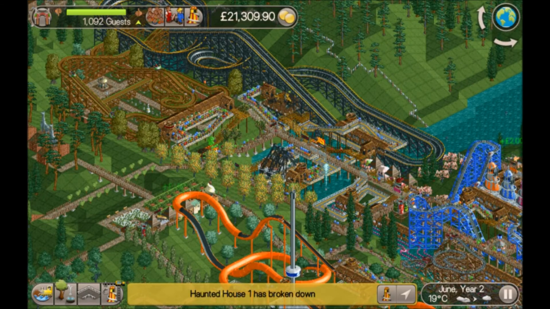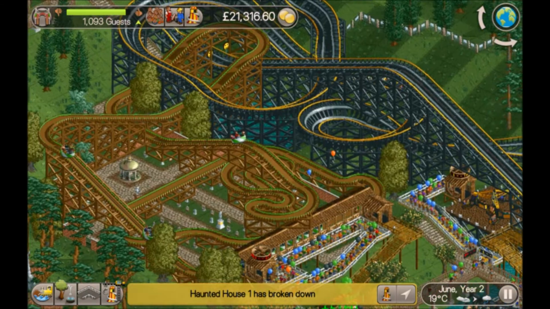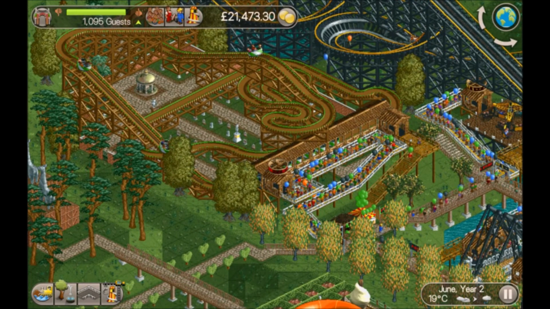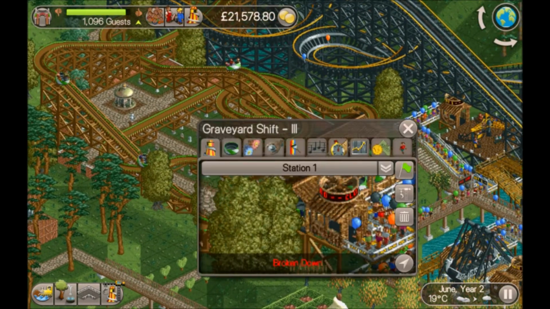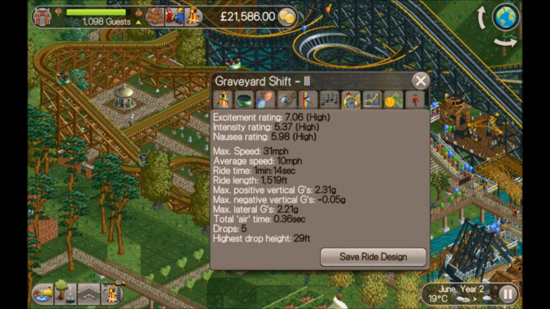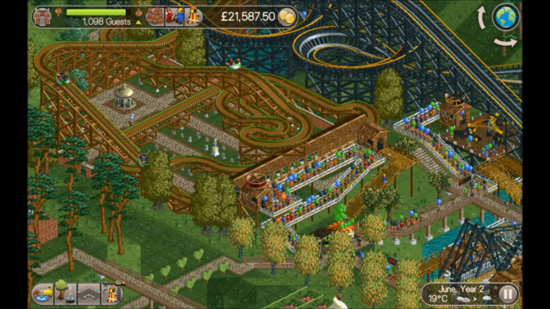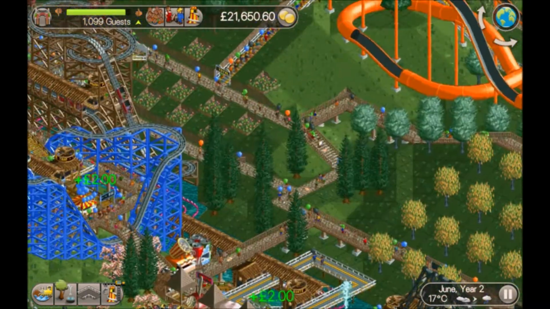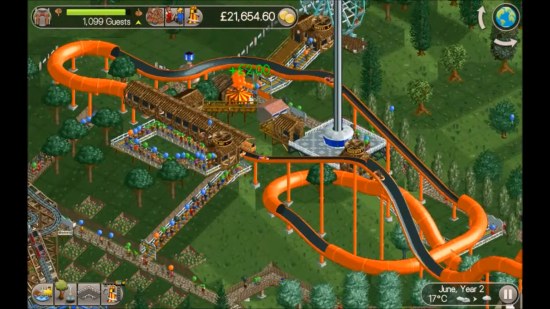It is June year 2, so we've got a Virginia reel just down here. Is that like a nice little graveyard just over here? Broken down. Oh, there you go. It's good timing. Good excitement though. So this is the one that goes over the graveyard. So it's called Graveyard Shift. And then just up here, then we've got